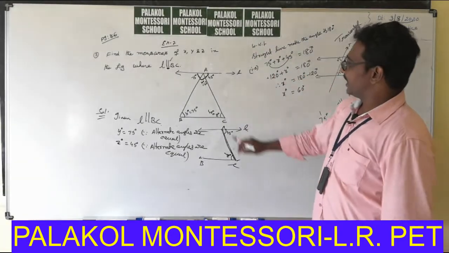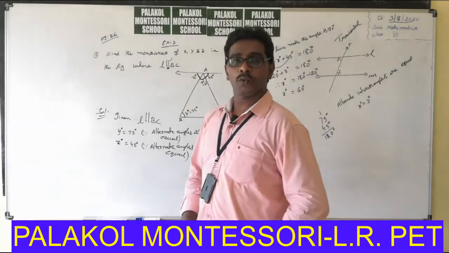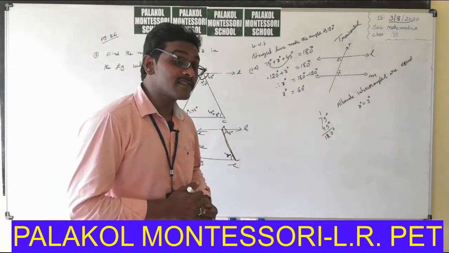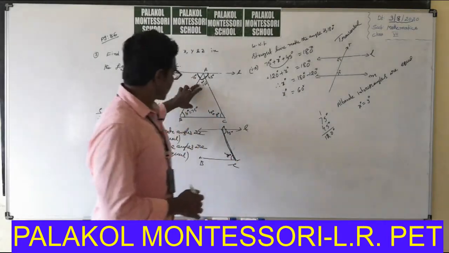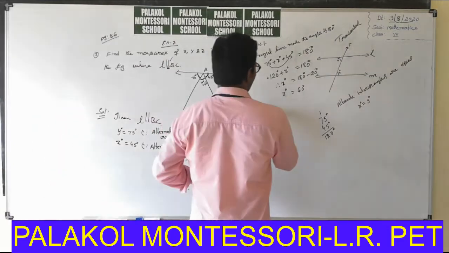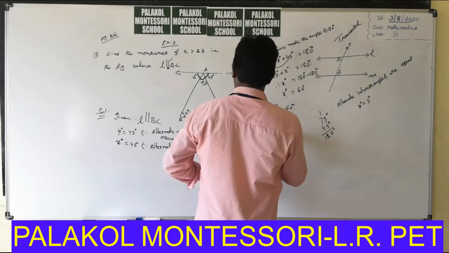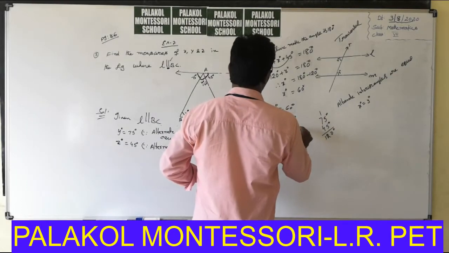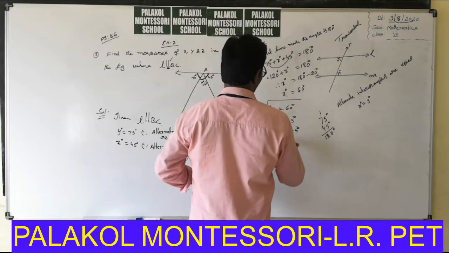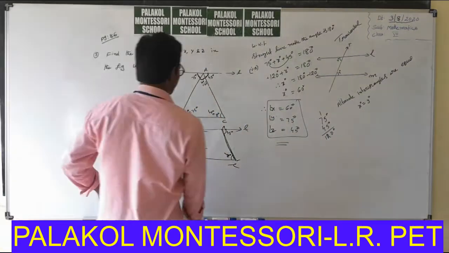If you have any doubt, please add 60, 75, 45. The sum of the three angles is equal to 180 degrees. You learned that in the previous class, 6th class: the sum of three angles is 180. So, 60 degrees plus 75 degrees plus 45 degrees is equal to 180 degrees. So, finally, angle x is equal to 60 degrees, y is equal to 75 degrees, z is equal to 45 degrees. Put these angles in the box. Okay? Is it clear? Okay.